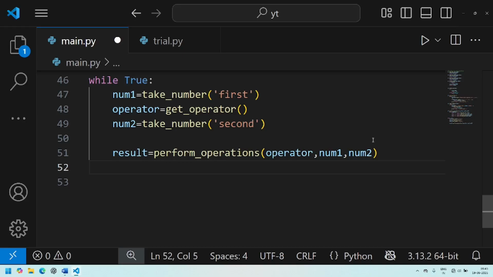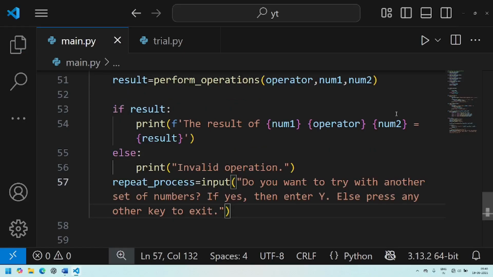So here you can notice the order we are using. Here we are giving first and second as the parameters in the takeNum function. So now we store the result from the perform operation function in a variable. If the result is false, which may happen in the division by zero case, we show the error, otherwise we